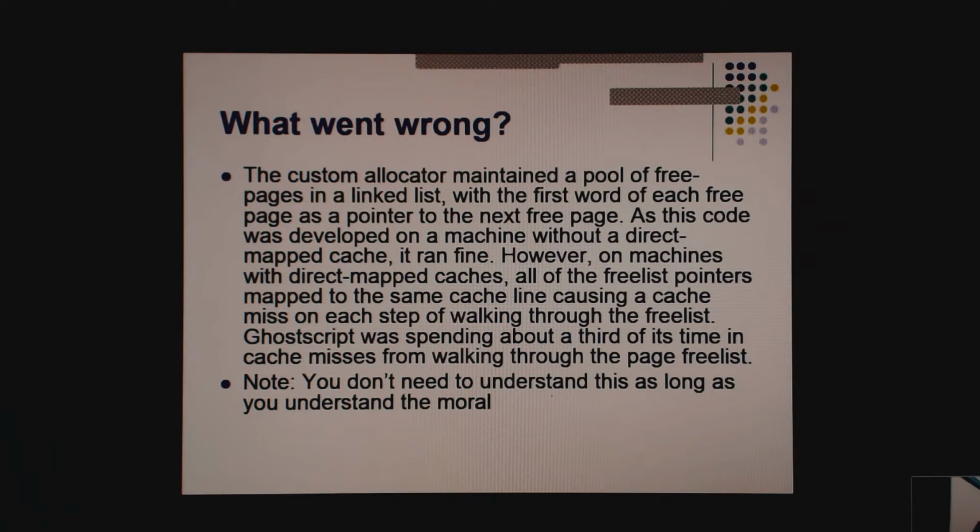Basically, that meant the program didn't benefit from having a cache when it walked the page free list. Okay? So GhostScript was spending about a third of its time in cache misses from walking the page free list. So